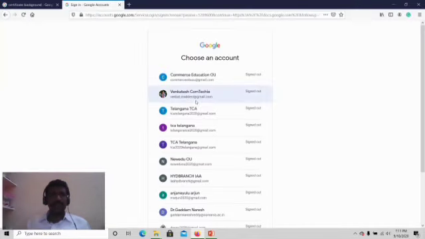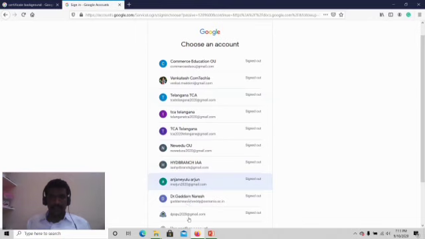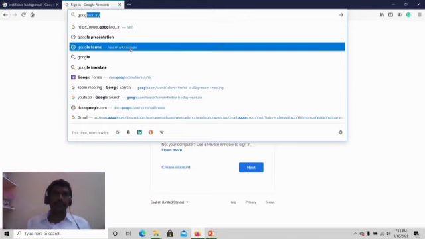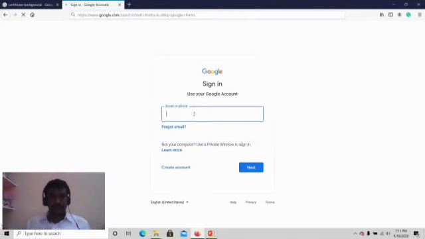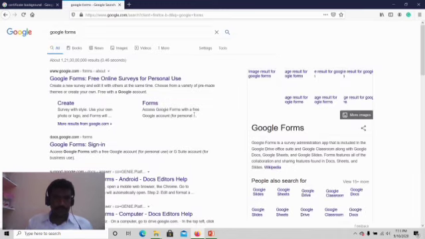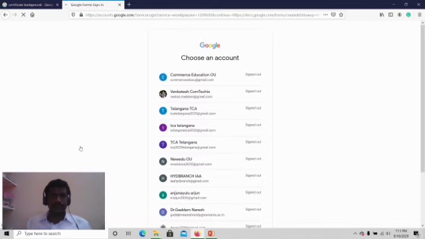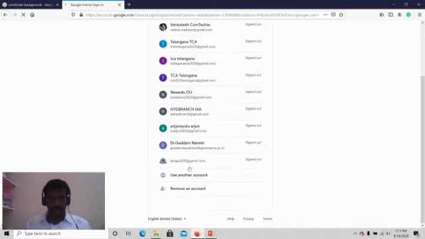So now we are going to log into the Google form account. For that we have to log into Google form. Enter your email ID and password to log in. Select Google form here for signing. Enter your Google account as you created.